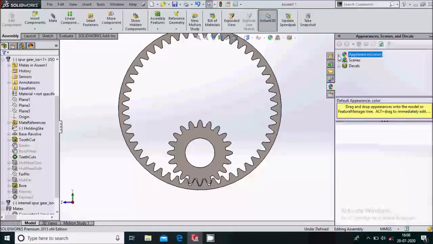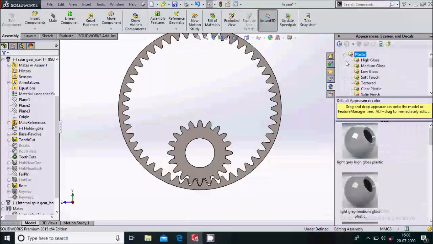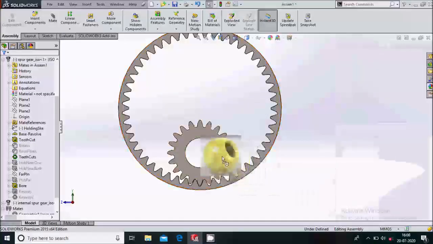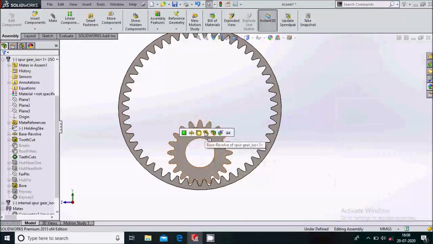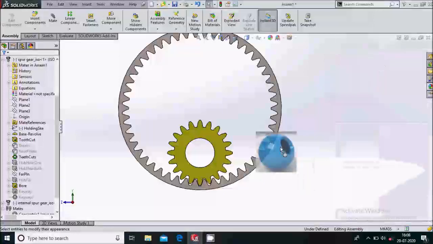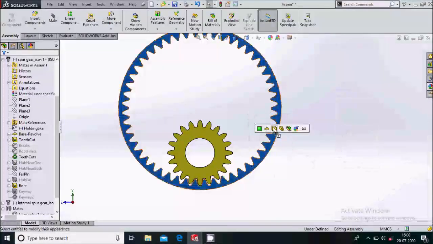Now we'll give some appearances to these gears. So go to appearances, go to plastic, under plastic select high gloss. Okay. Now we will select this yellow color, drag it over the entire body of the external gear. Again we'll select for the internal gear this color, drag it over the entire body.